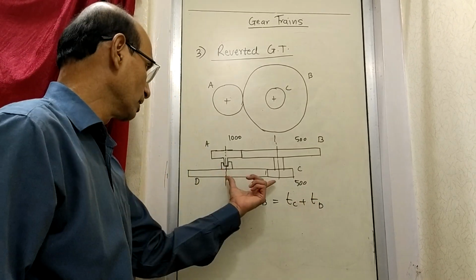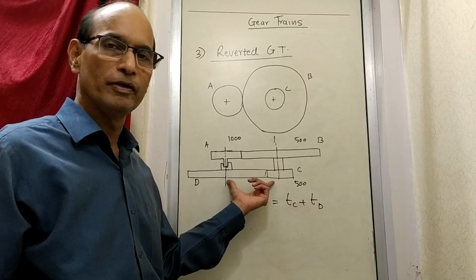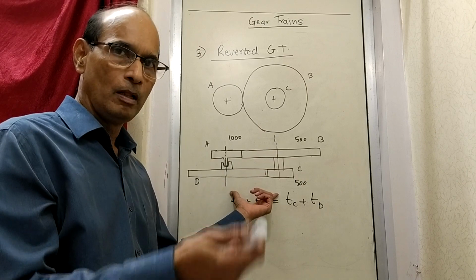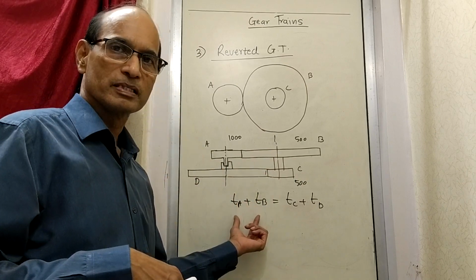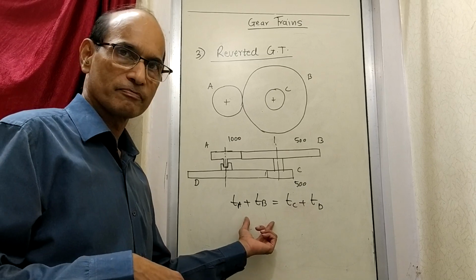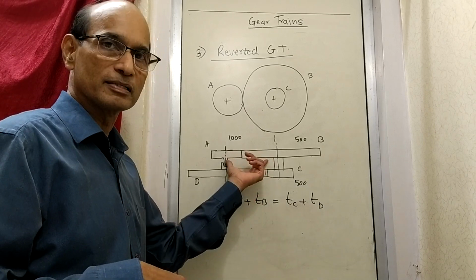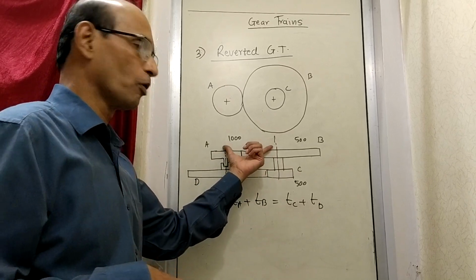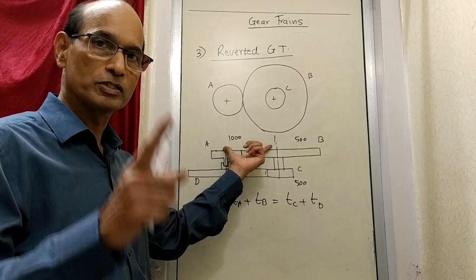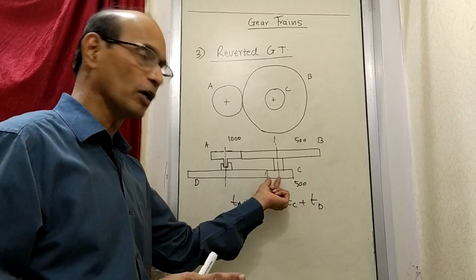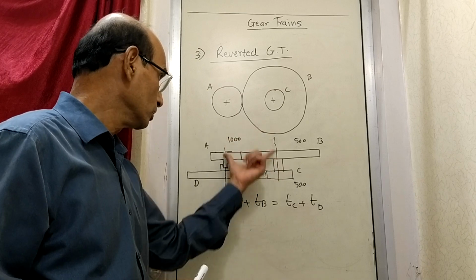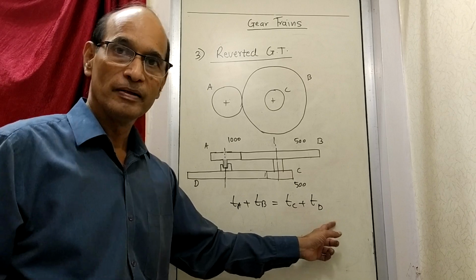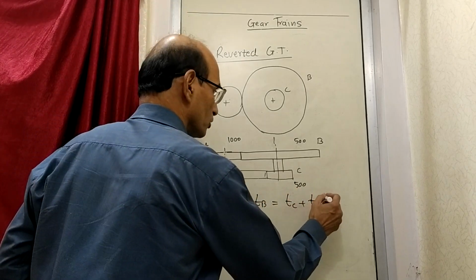Because when you combine the teeth of C and teeth of D, that is representing the center distance, because teeth are proportional to diameter. So adding the teeth is similar to adding the diameters and halving it, that means the center distance. So teeth of A plus teeth of B correspond to this distance. Similarly, teeth of C plus teeth of D should represent the same distance. So this ratio should be satisfied, and according to that ratio, their teeth will be there.